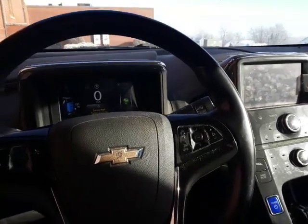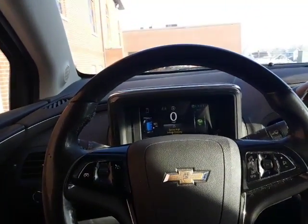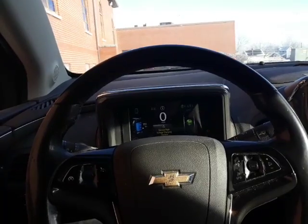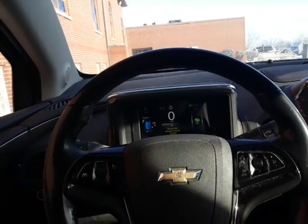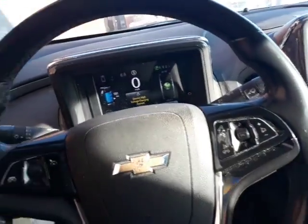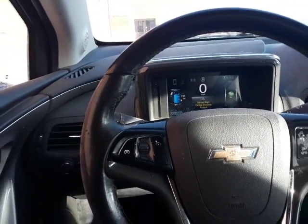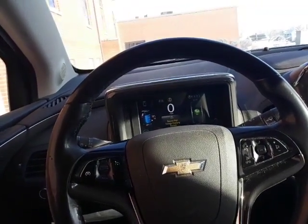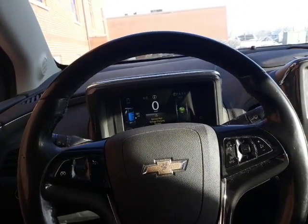I mean, basically, besides this not charging thing, it drives fine. There's nothing else mechanically wrong. Everything else is going good. It drives every day. I mean, I could take it from here to wherever I want to go. I just put gas in it. But like I said, you just don't buy a battery powered vehicle to have to use the generator all the time. So like I said, once it gets warm, I think I know the battery has some degradation,